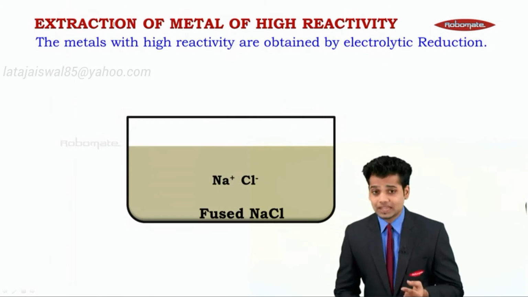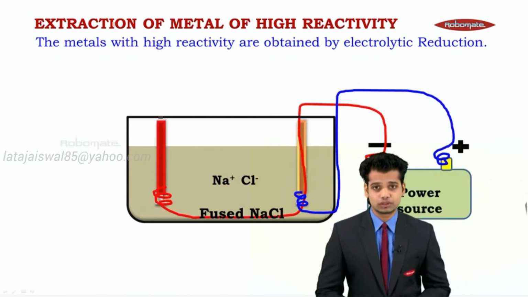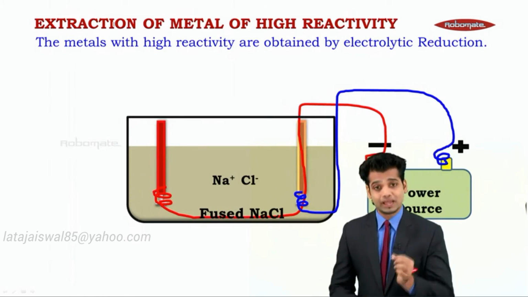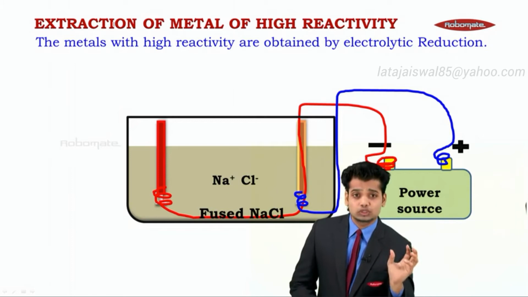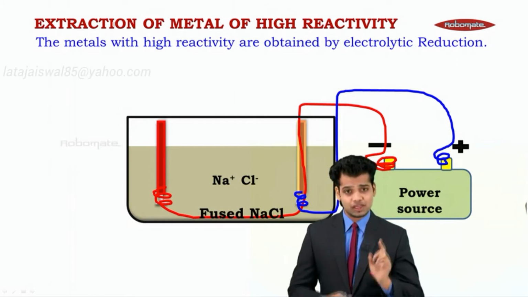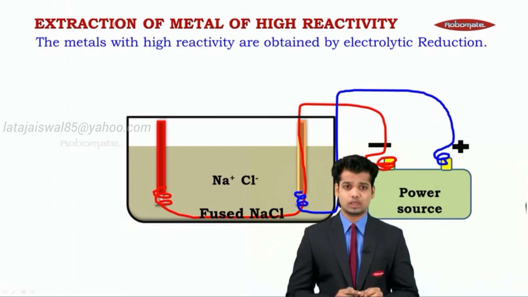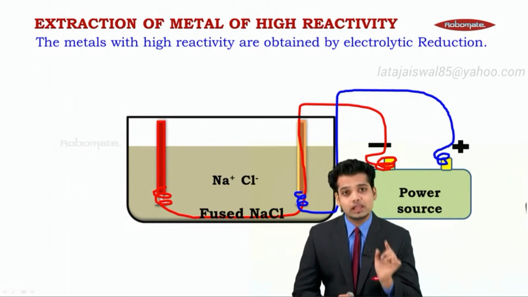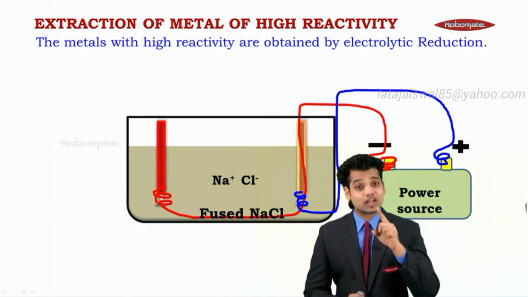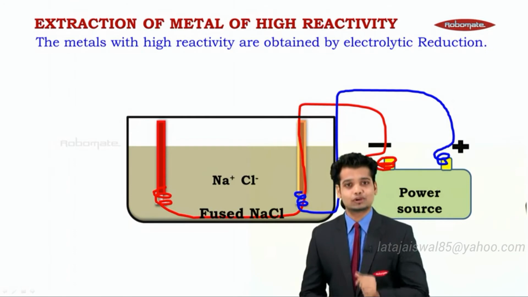So what happens next is I immerse two electrodes in this solution. When I immerse two electrodes, one is negative and one is positive. You can see the power source. Imagine Na+ being attracted to one tiny electron; it will be much more highly attracted to a negative electrode, which carries much more electric power than one tiny electron.